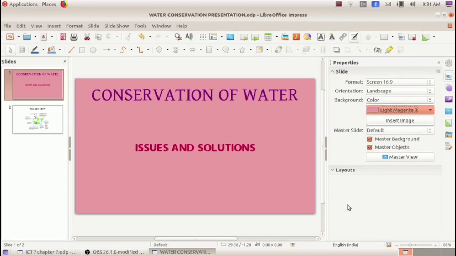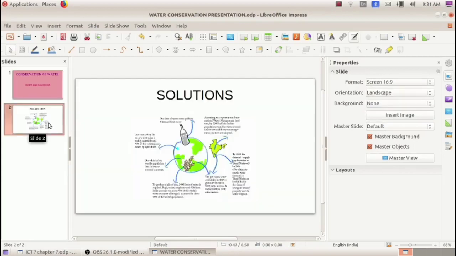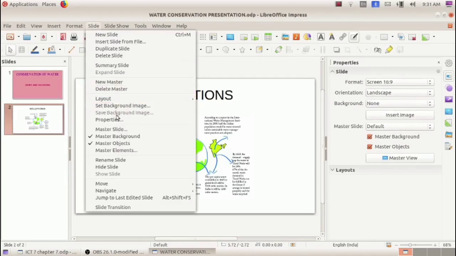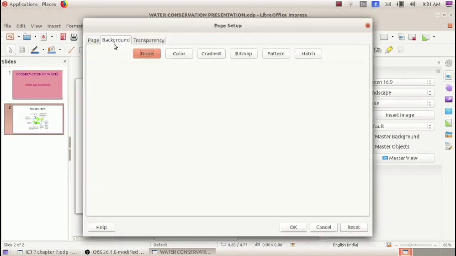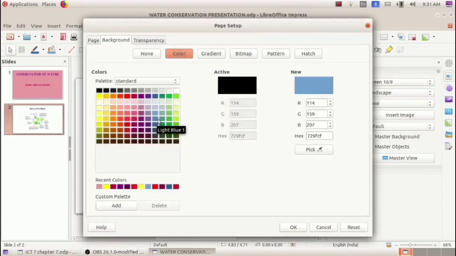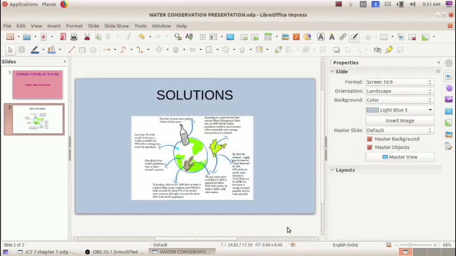Now let's give background color to our second slide. So select this second slide. Either go to slide menu, select Properties, Backgrounds tab, Color button, select a color from the color palette, click on OK button.